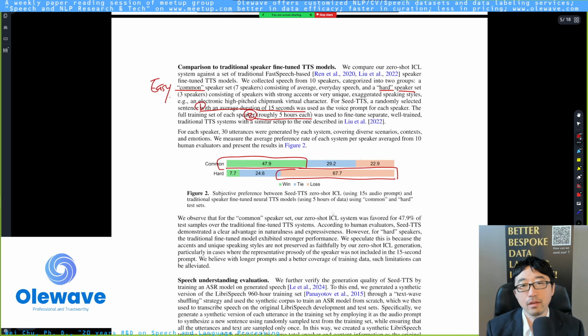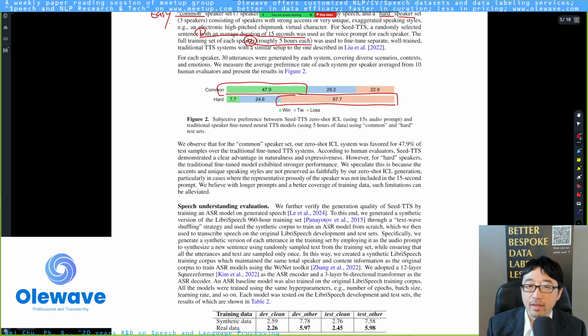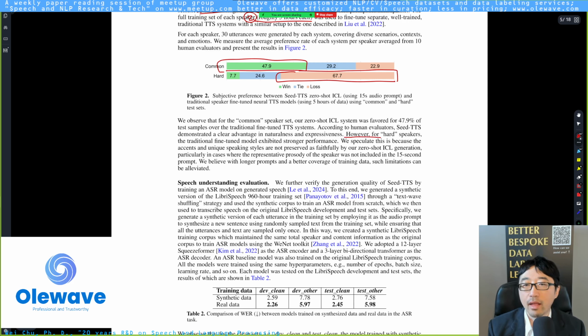Of course, they have used 5 hours of speech rather than 15 seconds of audio, and they have this well-trained or fine-tuned separate system. It's supposed to be, I mean, intuitively should be better, right? And they speculate that for hot speaker, it's because the accent and unique speaking style are not preserved faithfully. And everybody may raise this question, and they raise it themselves: what if they include a longer prompt? For example, is it possible to include a 5-hour